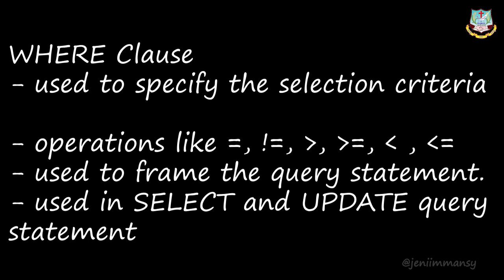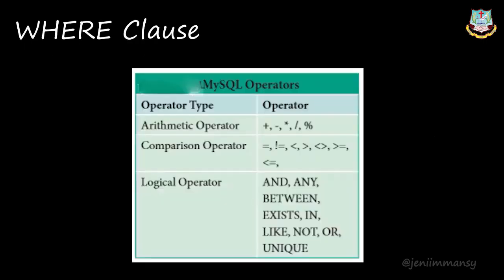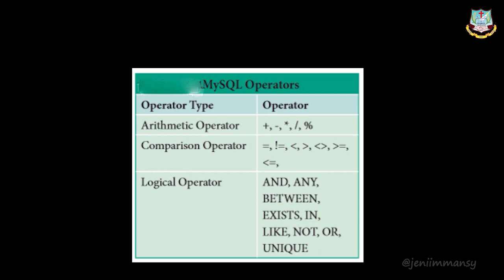Okay, the number of records updated in a table will depend on the where condition. Okay, let's see how to use these operators. While forming a SQL query, we use major operations like arithmetic operations, logical operations, comparison operations and all. Arithmetic operations means, as we all know, addition, subtraction, multiplication, division, and percentage and all will come in arithmetic operations, right? Logical operations means AND, ANY, BETWEEN, IN, LIKE, OR, NOT and all will come in logical operators,